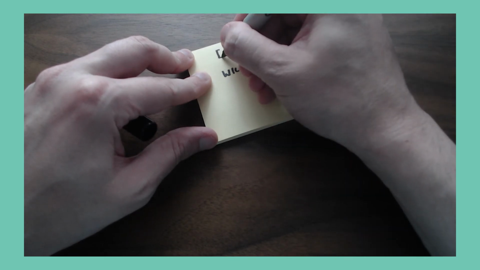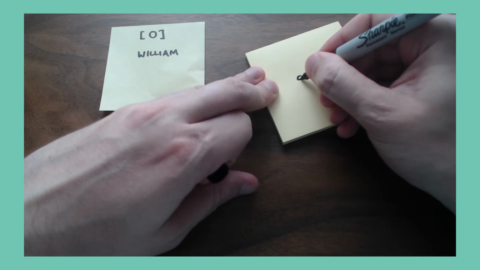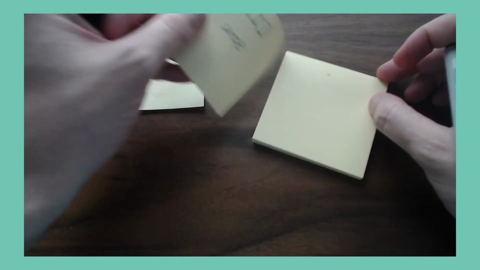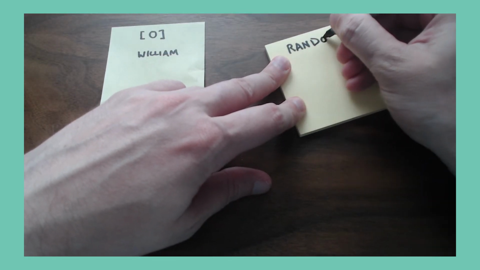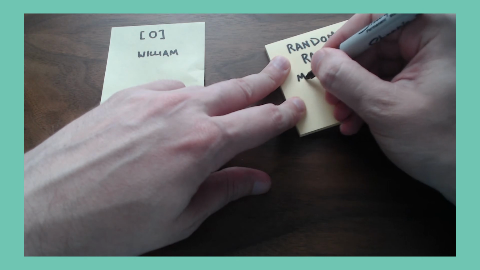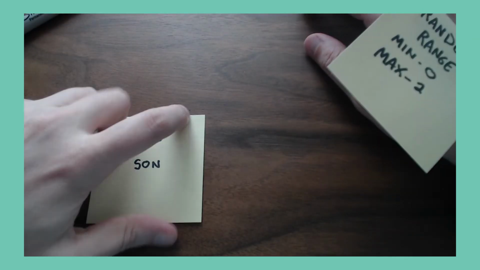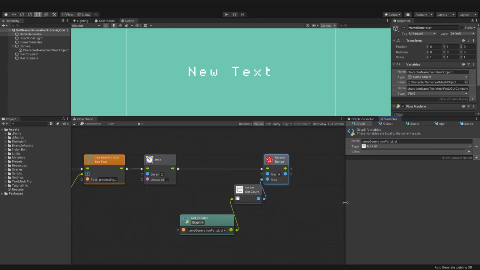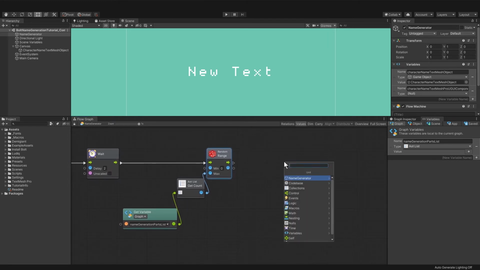So let's say we have 2 items. The items are going to be indexed at 0 and 1 on our list. Now, our count is actually going to be 2. When we put it into the random range, the count of the list is naturally going to be the exclusive max. So the random range is going to pick between 0 and 1. Random range is going to churn out a number, and that number will be what we use to get an